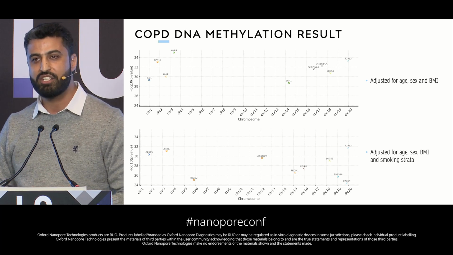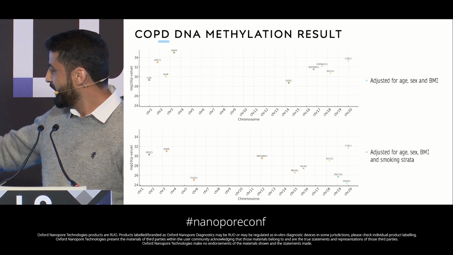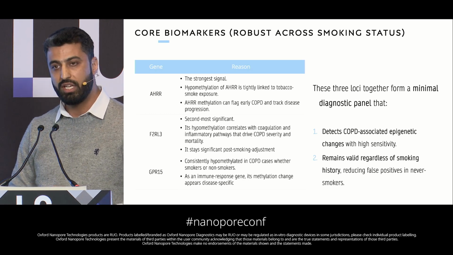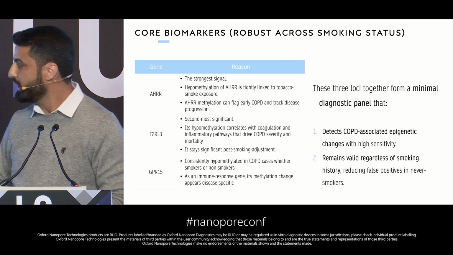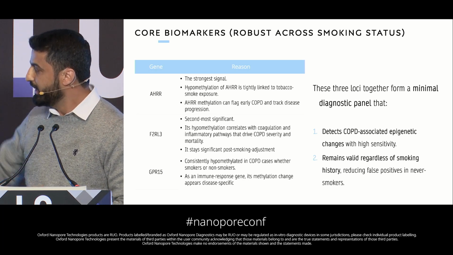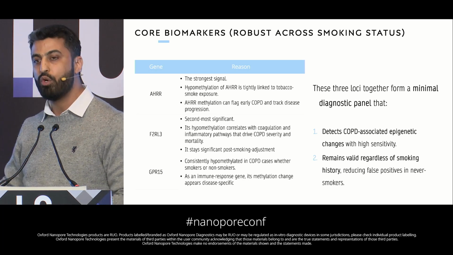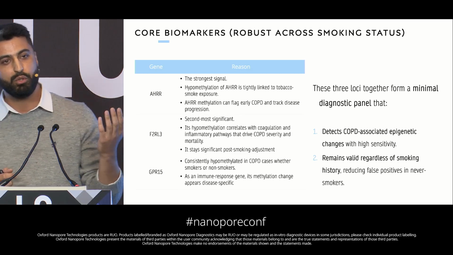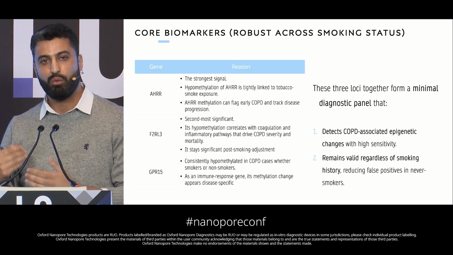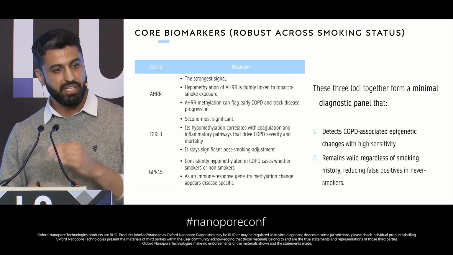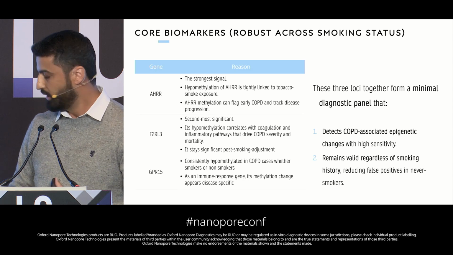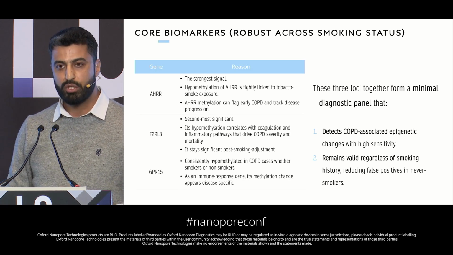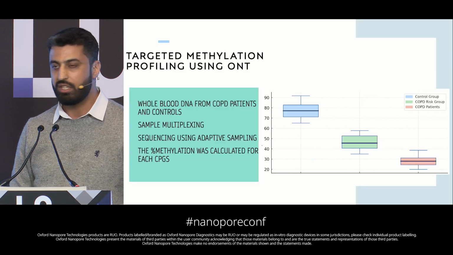We're looking at smokers versus non-smokers. We did a lot of linear regression, some rank regressions, and we corrected for smoking, and we identified 3 genes that are strongly associated with COPD. In these 3 genes, all the genes are hypomethylated. That means in control samples, the methylation level was close to, say, 0.8 or 0.9, while in COPD patients, the methylation level goes down. It's hypomethylation in patients.